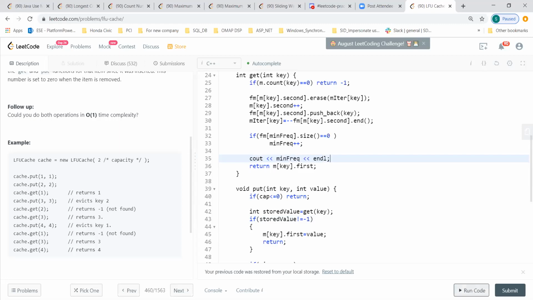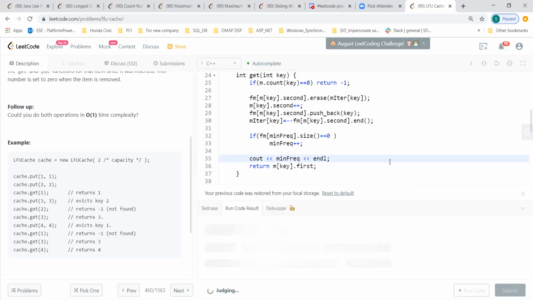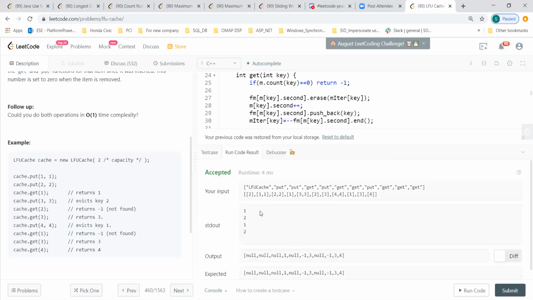Okay, so we can actually look at some test cases. It is getting incremented to 1 in many places. We have put 2, the size is 2, and then we are putting 1, 1.